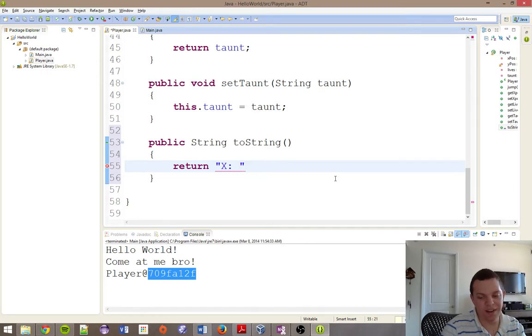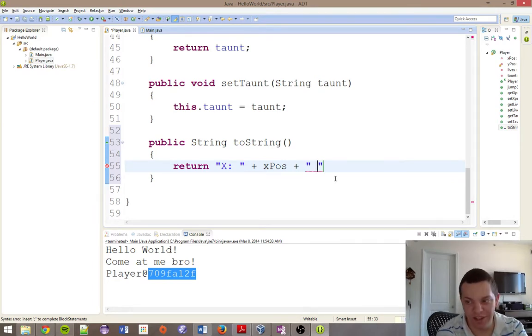Then I can add a plus sign, and then I can type your X position. Then I can do a plus, and I have to do another set of quotes. So I did the X position there, and then I'm going to type the Y position, but in order for me to make this look nice, I need to add another space because the integer doesn't have a space after it. Then we can type Y colon